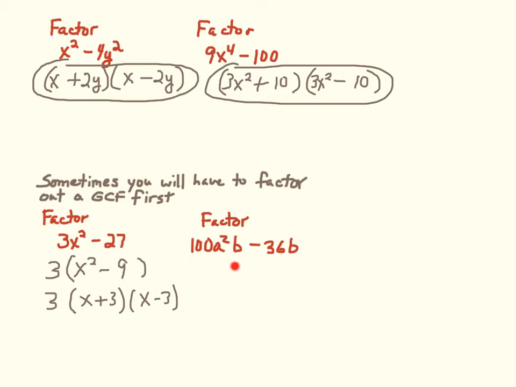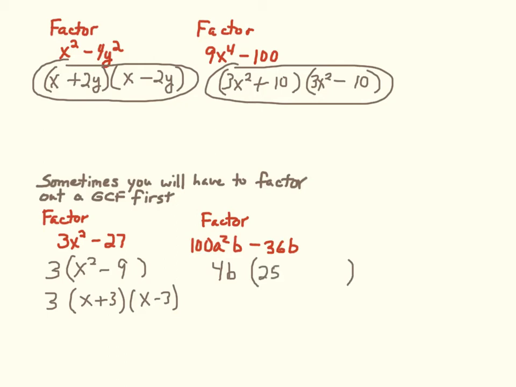When I have 100a squared b minus 36b, well, this b makes it not a perfect square because it's not to an even power. I do have a common factor, even though 100 and 36 are perfect squares. I do have a common factor in there of 8. I'm sorry, not 8, but 4. I'm going to factor out a common factor of 4, and in both terms there's a b. So I'm going to factor out a 4b. And that will leave me with